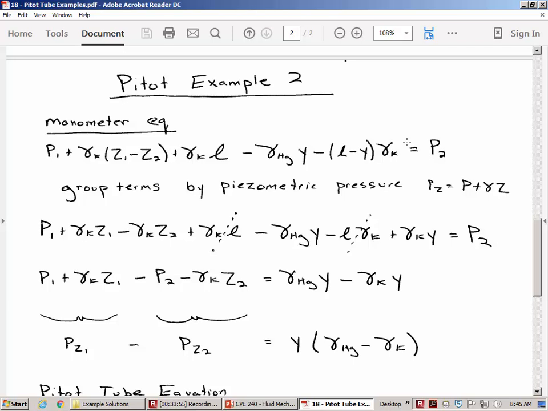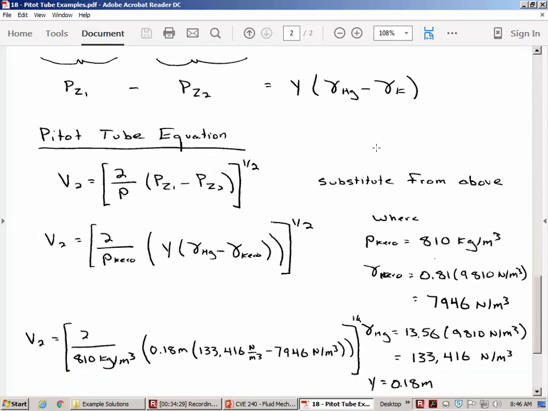And the advantage of doing that is that when I go into the pitot tube equation, I don't know the actual pressures at 1 or 2. But I do know the difference in piezometric pressure, because by rearranging the manometer equation, what I have is that the change in piezometric pressure, that's what the manometer itself is measuring. The manometer isn't only measuring the change in pressure, it's measuring the change in piezometric pressure. And so Y times the difference in the unit weights is what I'm going to substitute into the pitot tube